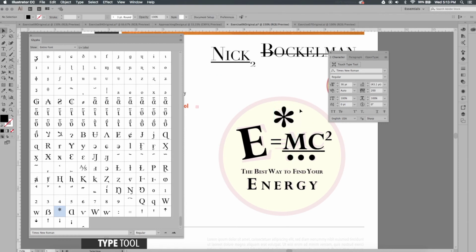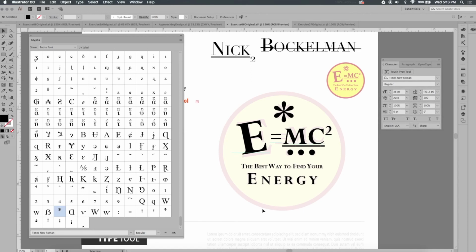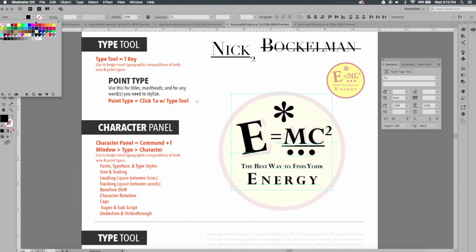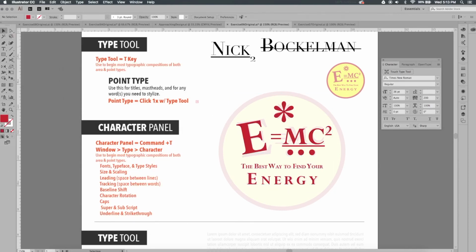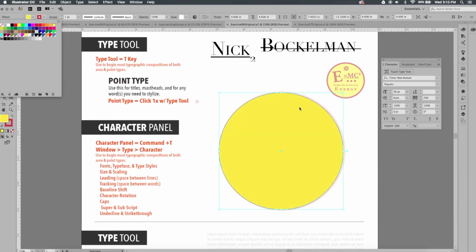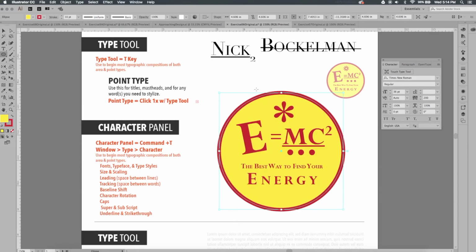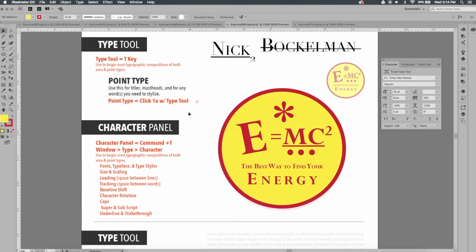Alright, cool. So we're almost done with our small type composition. I'm going to select all the type that we've just created. I'm going to close my glyph panel, and I'll change the color to this dark red. And then I'll put a circle background on here just to frame it. So I'll switch the stroke and the fill, and I'll choose a yellow fill. I'll arrange that to the back, and I'll increase the size of that stroke. Yeah, I think about 10 points would be fine. Alright, so we have a little bit of practice now on working with point type and working with the character